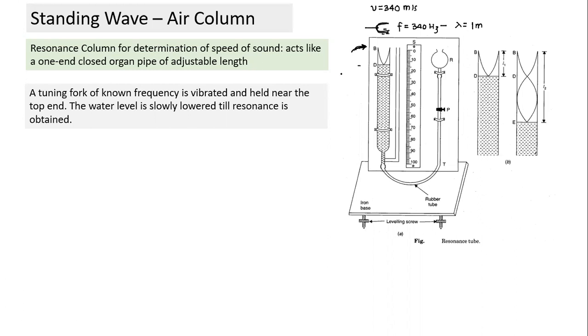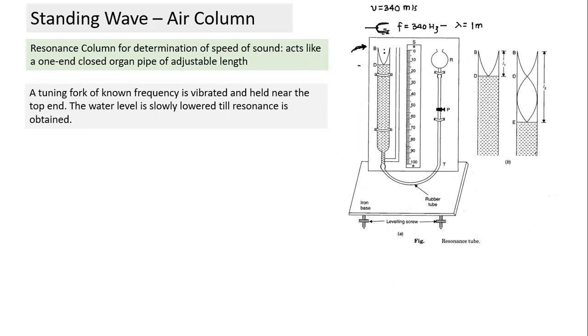Fundamental frequency. Now, which two? First of all, state the two things. Which are the two frequencies which are matching here? The frequency of the tuning fork and of the air which is vibrating. There is air inside this air column, and the air is also oscillating, and depending on its length, it will have a natural frequency. When we change the length of the air column, we are changing the natural frequency. Whenever the natural frequency matches the external source frequency, the amplitude becomes large, and the sound also becomes large. That is the state of resonance.